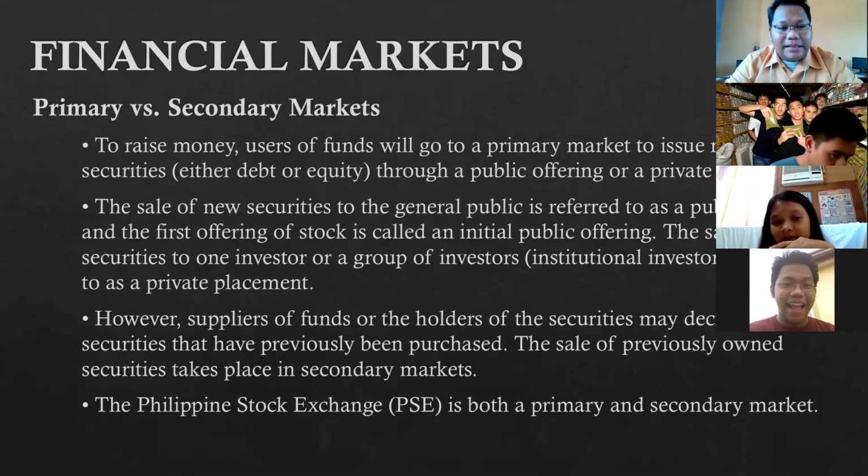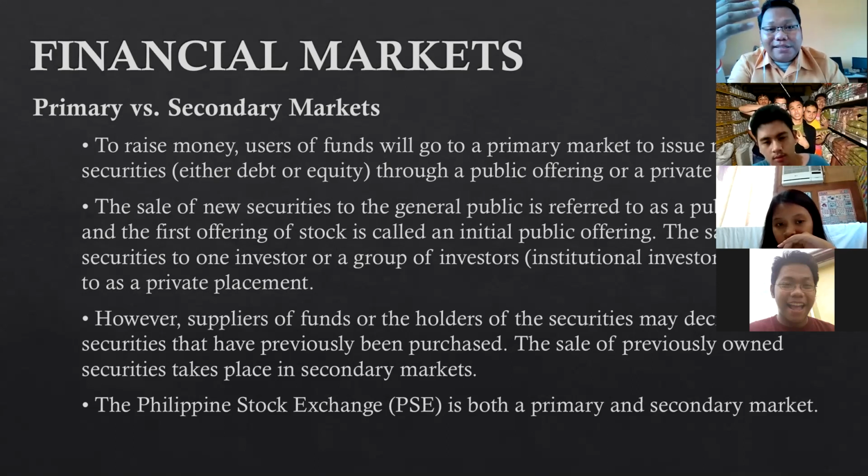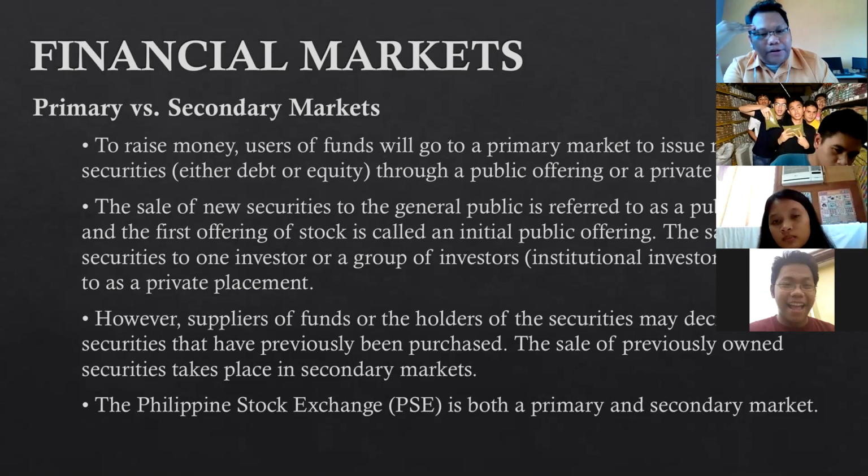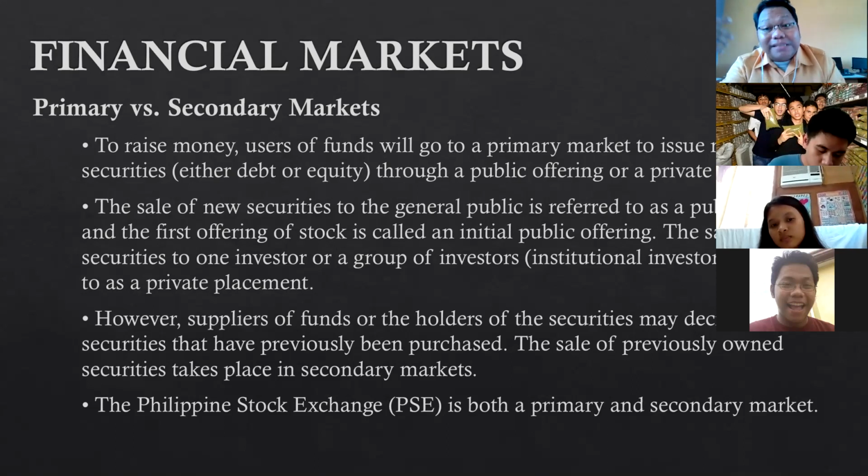Therefore, as a secondary market, the Philippine Stock Exchange is not anymore the first market that has sold the shares of Nathan, because Nathan sold it first to Nicole. Nathan at that point was the primary market. He did a public offering. Nicole bought them. But later on, Nicole said, the ones that I previously purchased, I think I can still sell these. I'll sell them through the Philippine Stock Exchange. And then there were other buyers of these stocks. They bought the shares that Nicole sold. So Nicole now has earned.